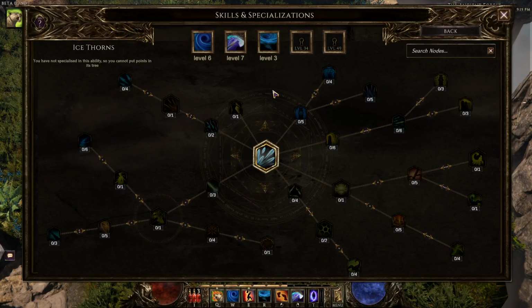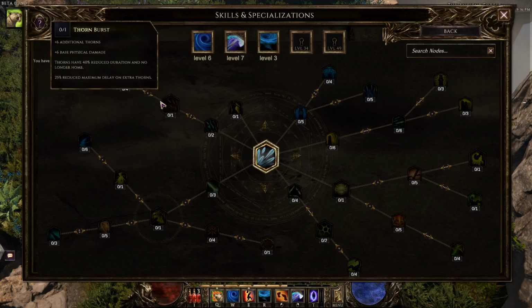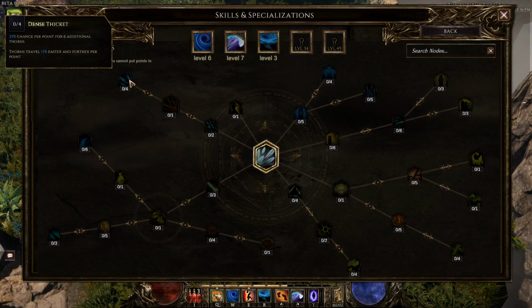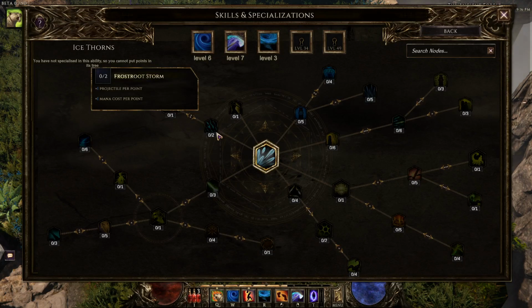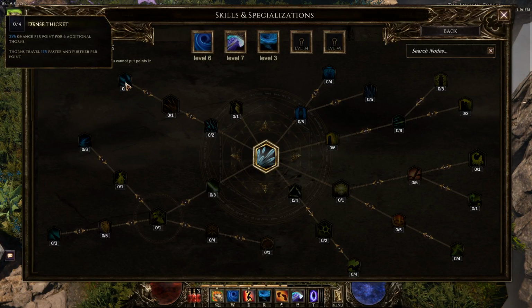Ice Thorns is cool for this build, but it can be free. If you're using a two-handed weapon, Ice Thorns can be free, and they're homing thorns that have a really good freeze rate. Or you could just do this tree here, which causes you to just do a AoE, a perfect circular AoE, because this gives you an extra projectile per point. This gives you 6 projectiles, but they don't home in any longer, and this just gives you another 6